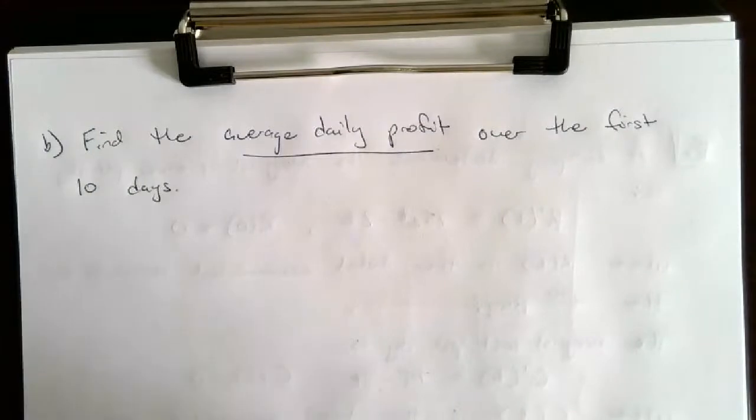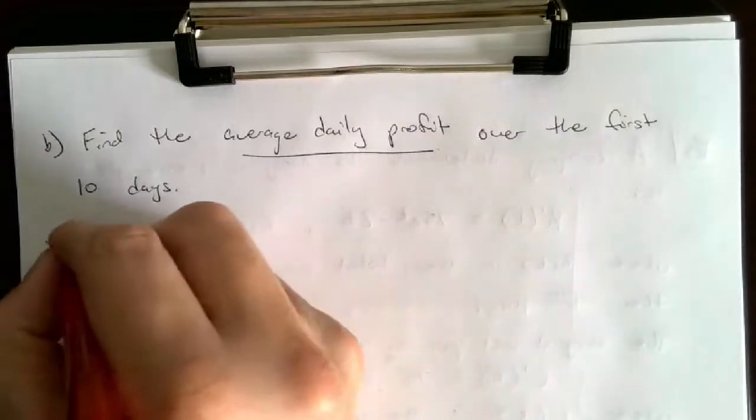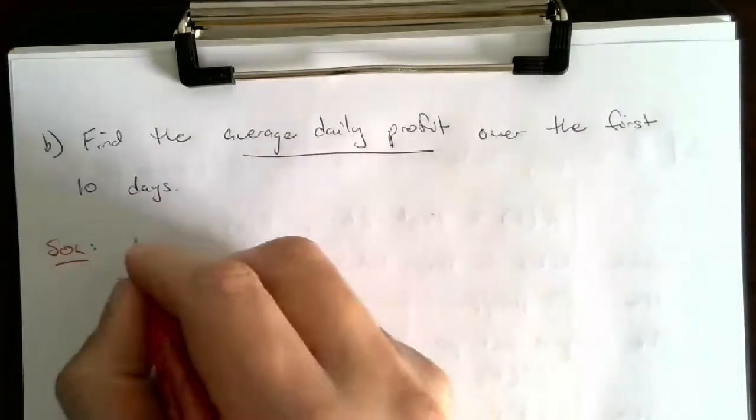So just thinking about this a little bit logically, if I said this is the profit over the first 10 days, how would you find the average profit over those 10 days? Really, it's as easy as saying, okay, I would just divide by 10, right? Just like you normally would if you were trying to find the average of something. You just divide by the total number of days you have, and you'll find the profit over those number of days. So an easy solution is, divide